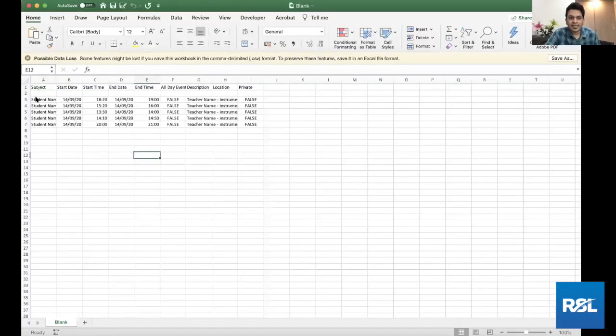As you can see, I've already got some of the database here. I can just type in a new student name, say Ayush. The subject is going to be the student name. Then you put the start date, say I'm putting 13/9/20. Because we are in India, the format of the date is going to be DDMMYYYY, right? By default, the Google Calendar format is not this, so this can cause a bit of a problem. I'm going to explain how to solve that problem.